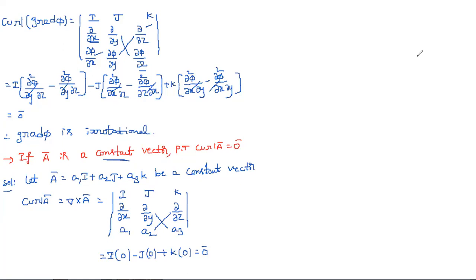So it means a constant vector is always an irrotational vector. Okay. Next. Next question. If f bar is equal to (x plus y plus 1) into i plus j minus (x plus y) into k, then prove that